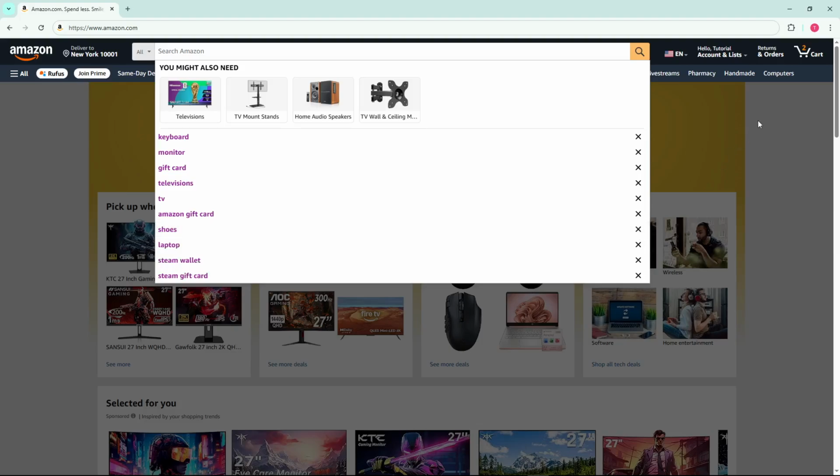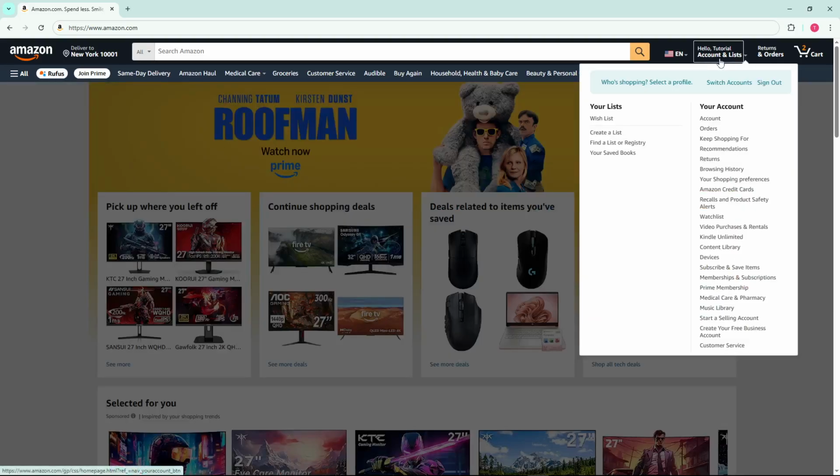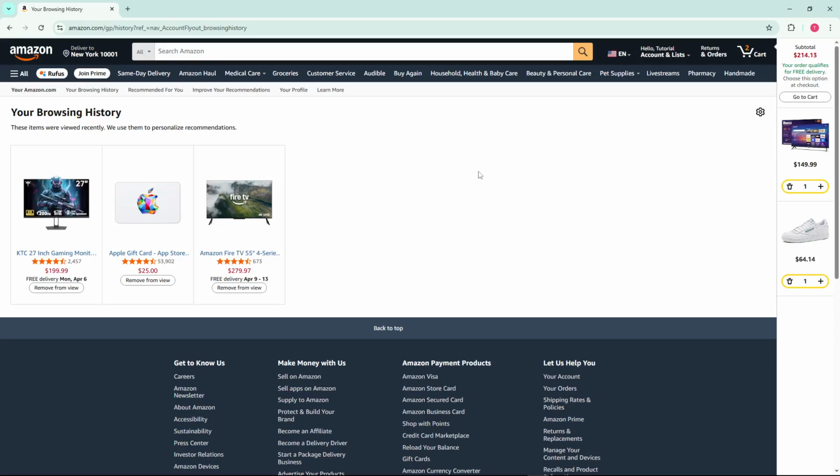However, if you're looking to manage your search history more comprehensively, there's another route you can take. Hover your mouse over Account and Lists, located in the top right corner of the menu bar. A drop-down menu will appear with various options related to your account. From this menu, select Browsing History. This will take you to a dedicated page where Amazon tracks not just your searches but also the items you've